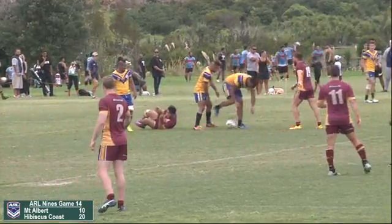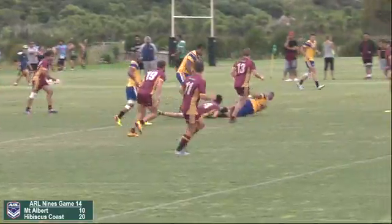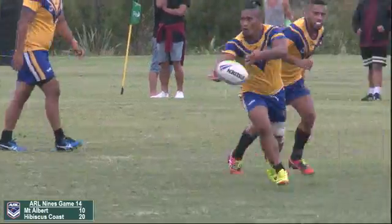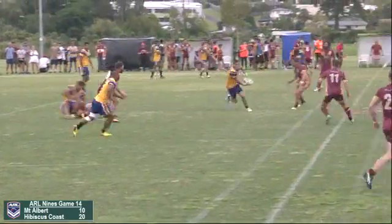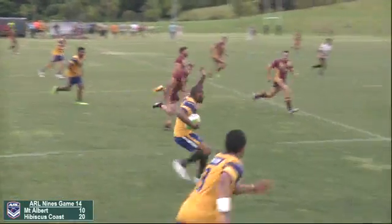And Mount Albert, well, they need a miracle and they need one quick. Tua out of dummy half. Samoa into dummy half now, shifts it out to the right. Fraser with his hands on the ball. Kitiona Pasini takes it forward, gets the offload away. We've got 1 minute remaining here. Tui Samoa now, a bit of second phase from Mount Albert as they shift it out towards the right, and